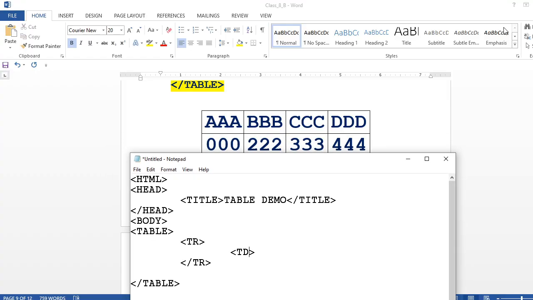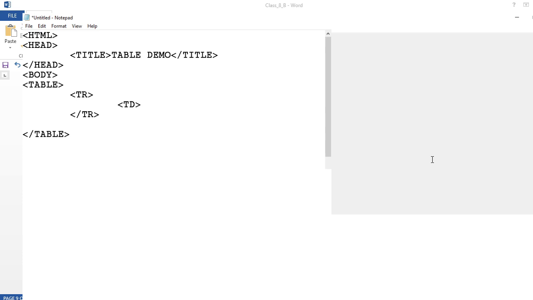I had created this first row here. You check this table row. I had created this one. And with this TD I am going to insert A, then again B, then again C, then again D. Let's see, I am going to insert it, then it will be clearer to you.